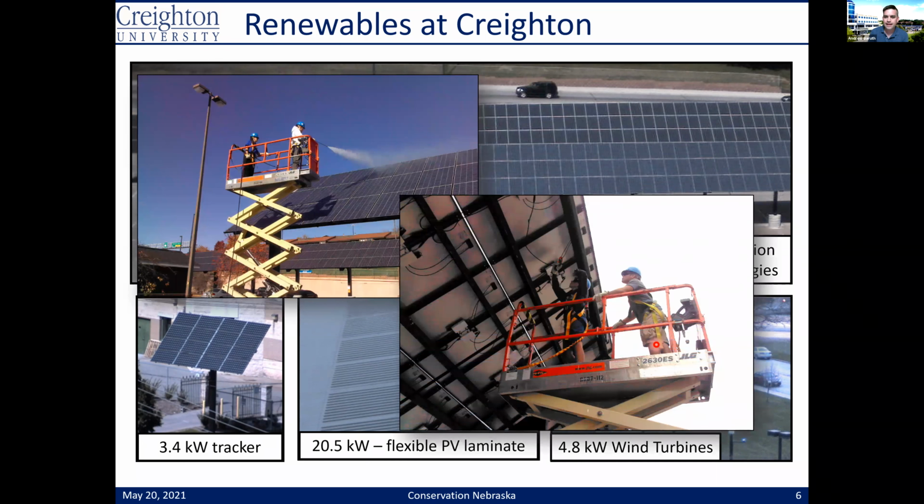Like everything we have on campus in terms of our renewables, students constantly get to engage with these things, whether that's doing typical maintenance. For example, Cummings Street likes to kick off a lot of dust, so we get to wash these panels down about once or twice a year. It turns out it's actually pretty fun to take a power washer up on a power lift and spray these things down.